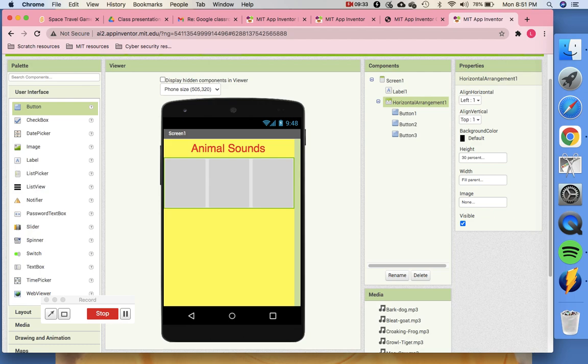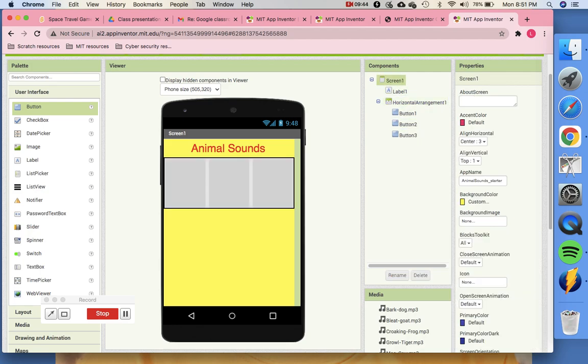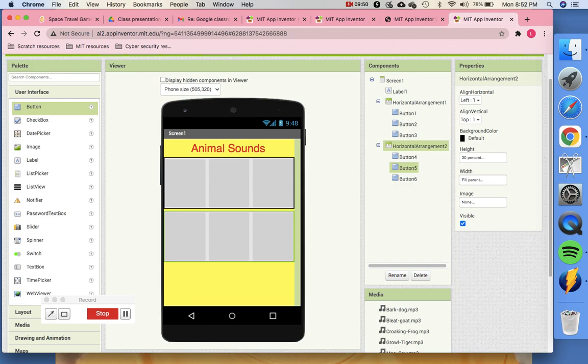Once you copy, you will not get any indication that it has been copied or not, but you just have to keep it here and press Control C. Then go and click on screen 1, because you want the new horizontal arrangement to appear on screen 1 only, right? So you keep it on screen 1 and then do a Control V. Now you see what happens. There is a new horizontal arrangement, automatically it has come below looking just like this.